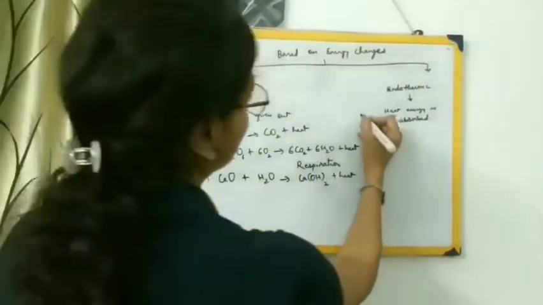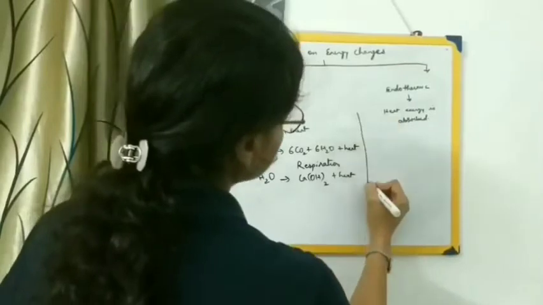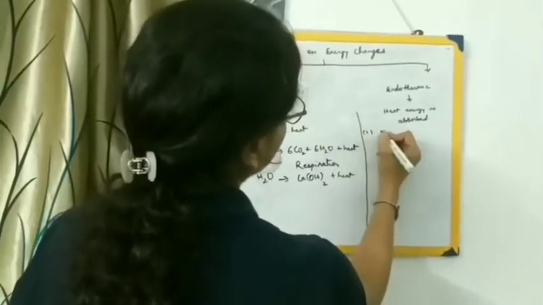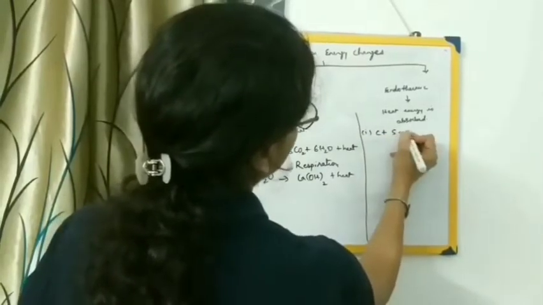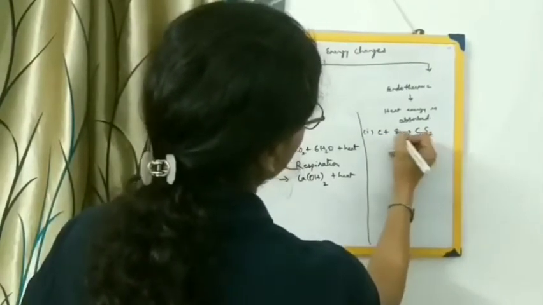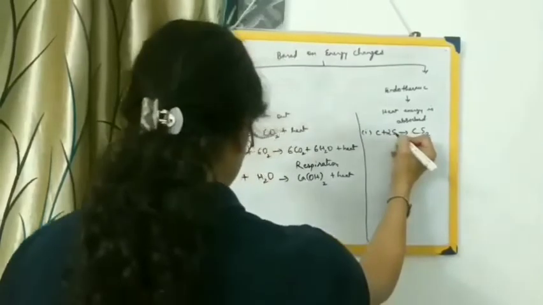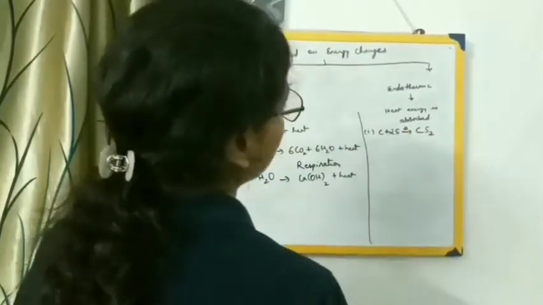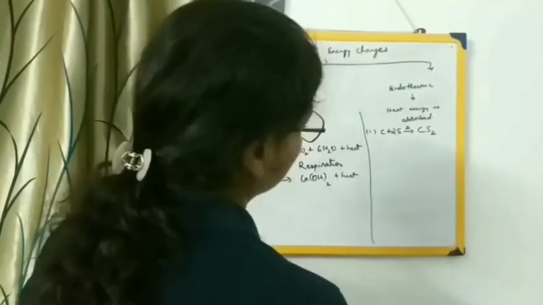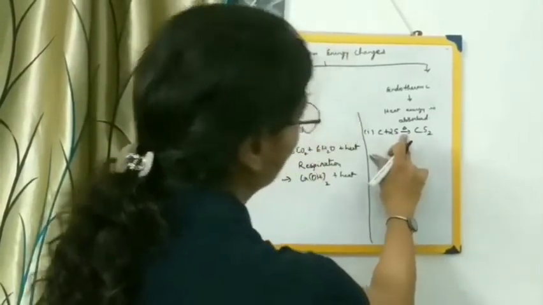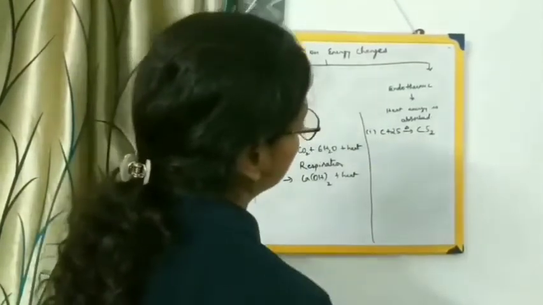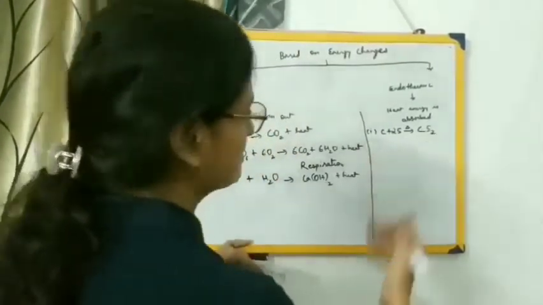Next, come to the endothermic reaction. In this, heat energy is absorbed. For example, carbon plus sulfur leading to the formation of carbon disulfide. So this will be 2 over here, and in this, what is happening? I am writing down the heat sign over here. That means in this reaction the heat energy is absorbed. Either you can write down the heat sign over the arrow, or you can also write C plus 2S plus heat leading to the formation of carbon disulfide. Both ways it's right.